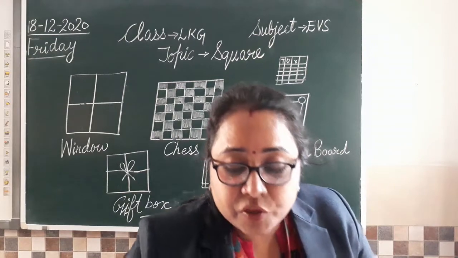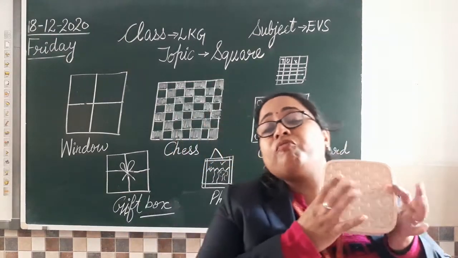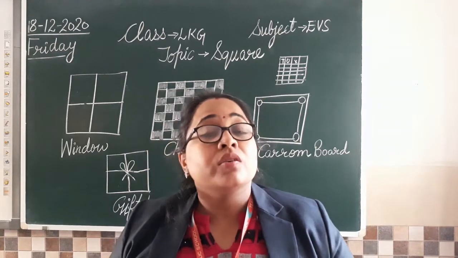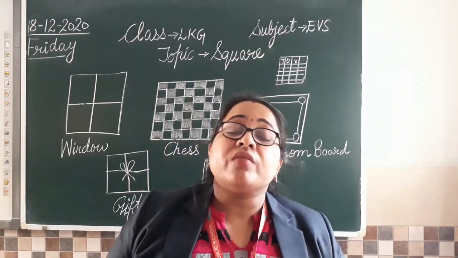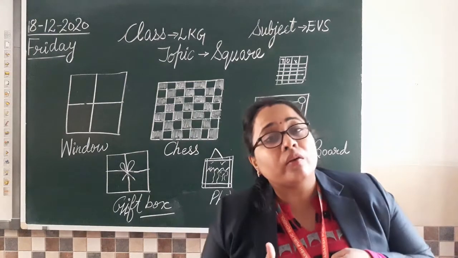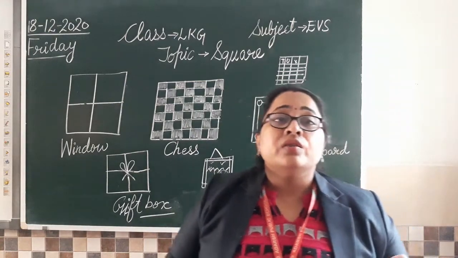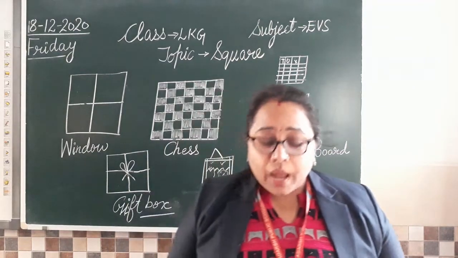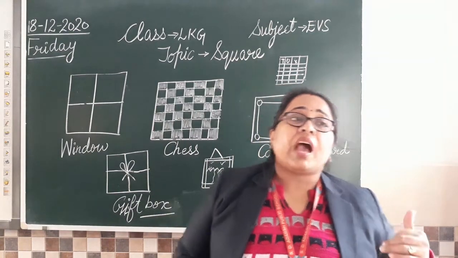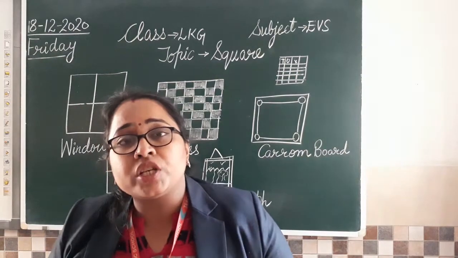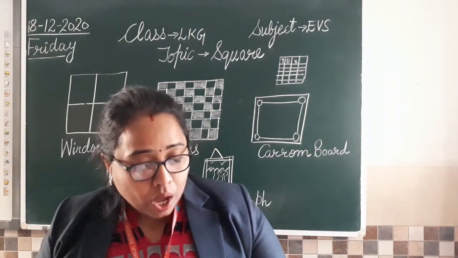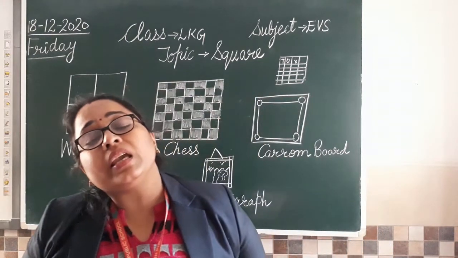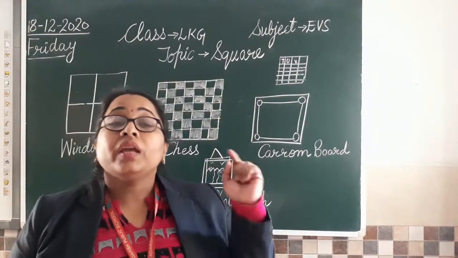Then as I have shown you, there are different sizes or types of boxes. Even many of you might have a lunch box that is square in shape. Then whichever containers mama is using at home can again be square in shape. Is that clear to all of you? Apart from these things, we have a wall clock that is square in shape, isn't it? So now what do we have to do? Let's move towards the book work and see what we have to do in the EVS book.